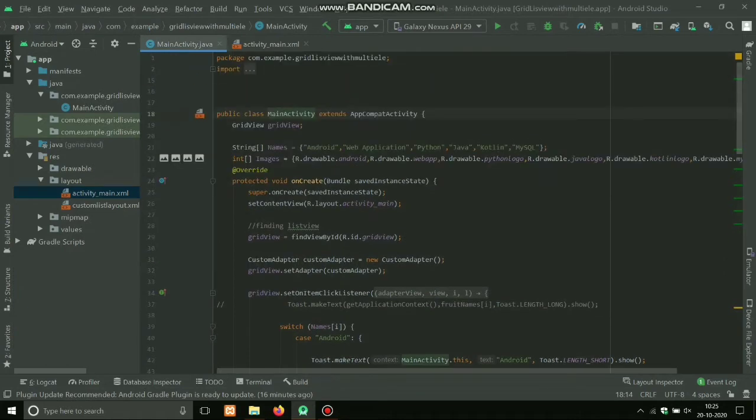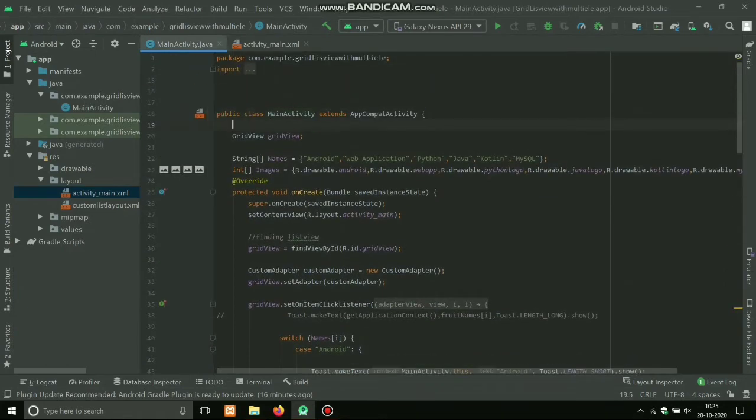And this is the Java file. First of all we have to initialize the grid view here. Okay, then we will set the array of that content. Like in this example I'm taking Android, web application, Python, Java, Kotlin, MySQL, and after that I'm setting that